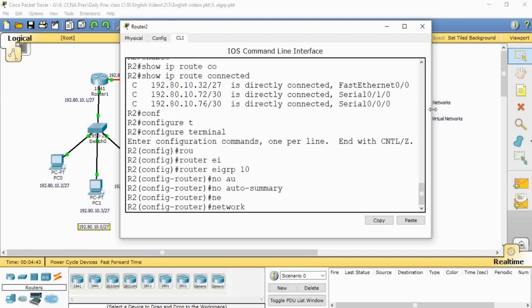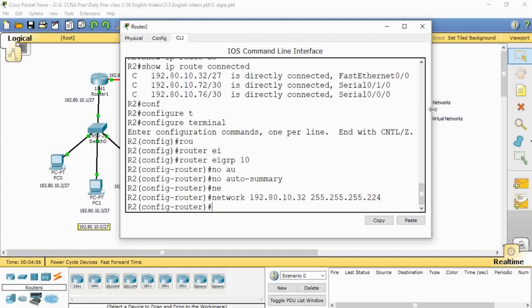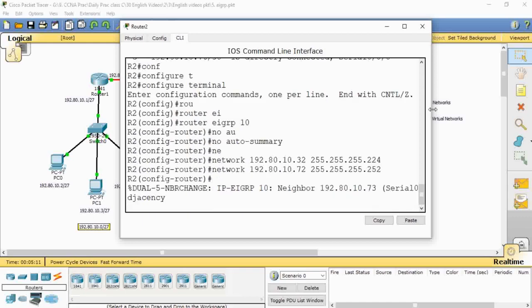Type network 192.80.10.32. The subnet mask is 255.255.255.224. Type network 192.80.10.72. The subnet mask is 255.255.255.252.